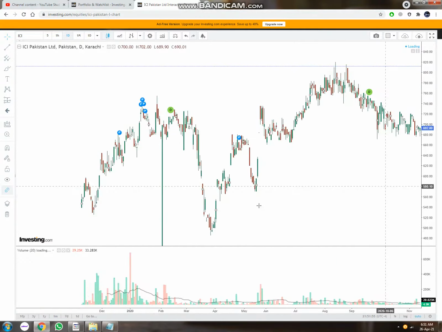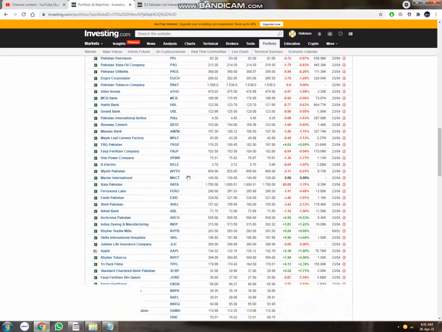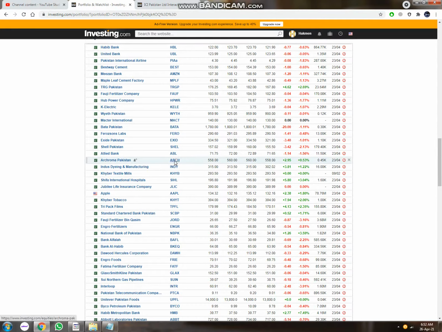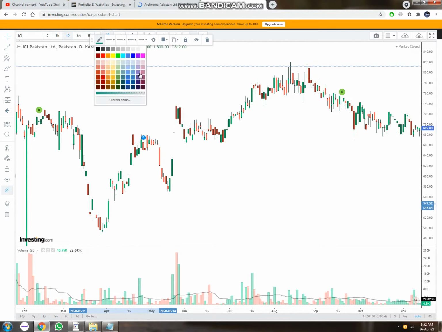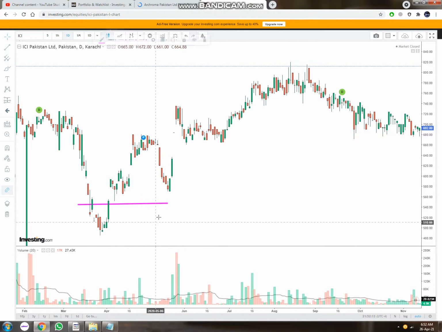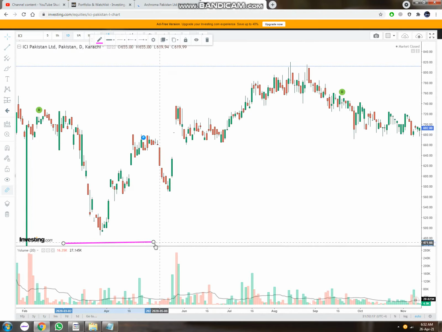Now I've just picked up a random stock. Let me pick this one. As you can see, I bought at this level, so this would be my stop loss. As the stock is moving upward, I'm going to move this along with it.